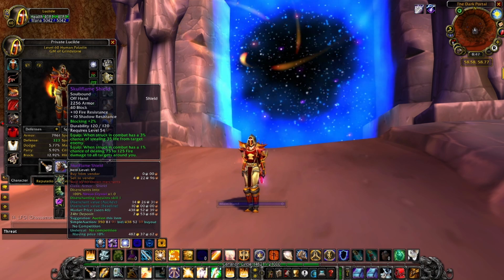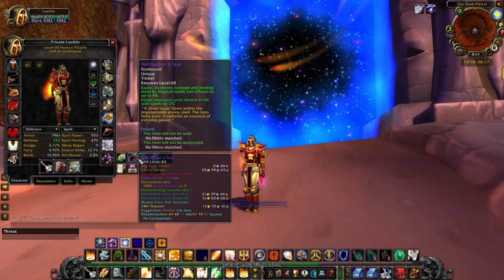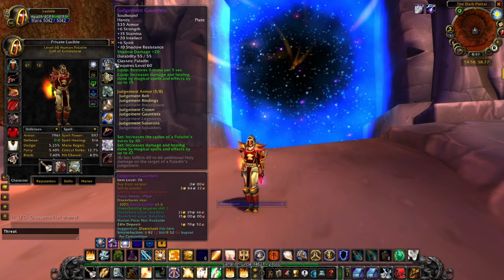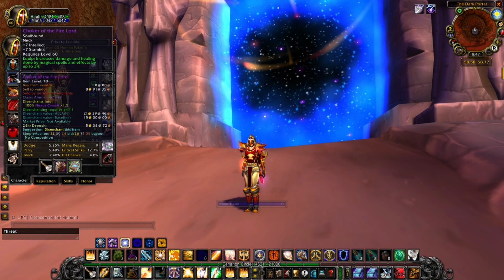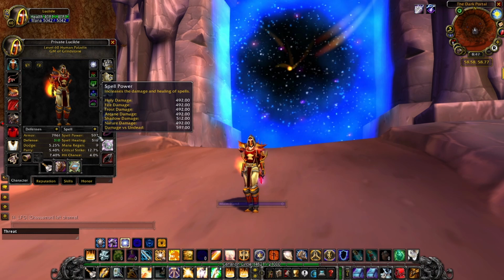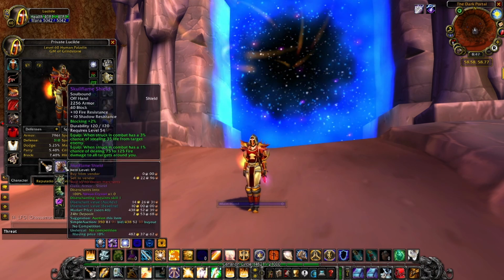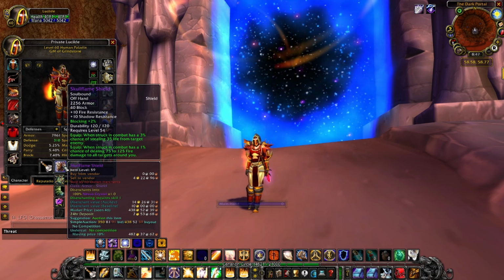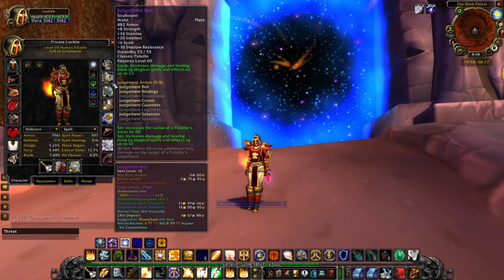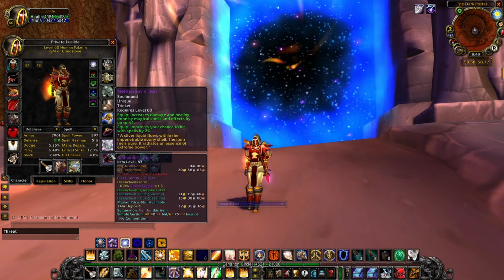for a huge amount. As is, when I want to go all out, let me go ahead and put on my Nelth's tier, and I believe that should do it. I have almost 600 spell power to undead. That means there's a 3% chance to heal myself for over 600 health when an undead mob hits me. Oh, actually, I thought there was one more item I could have changed out to get it a bit higher,